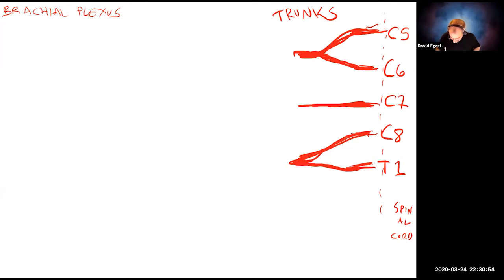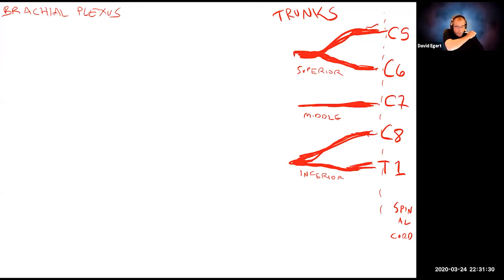And let me use a smaller one, so this is going to be my superior trunk, middle trunk, and inferior trunk. Like I said, you're not going to actually be tested on superior, middle, inferior trunk, but understanding how this is working is going to help you recognize which nerve is which further downstream as you go down the